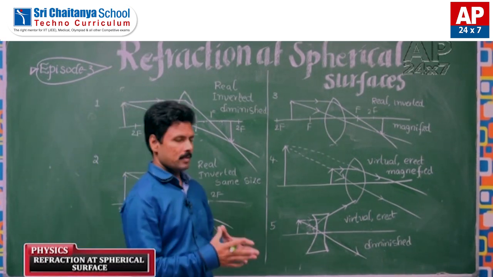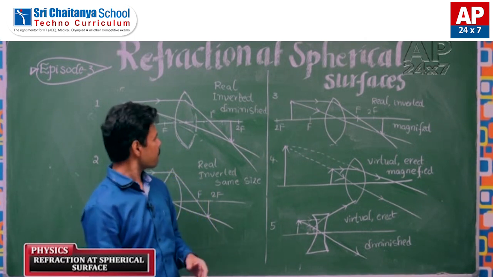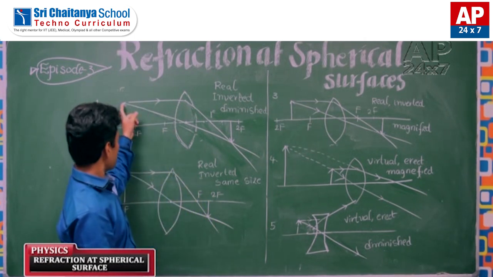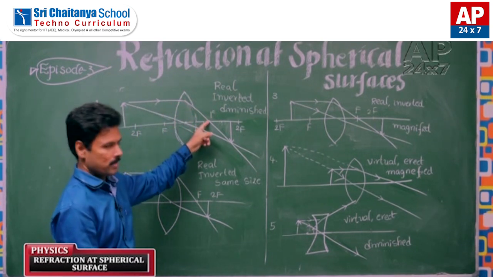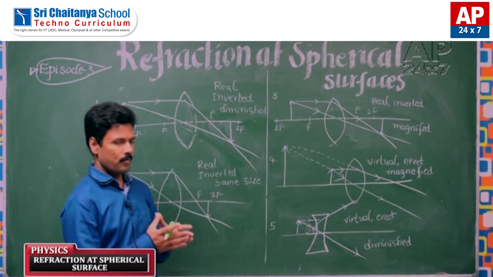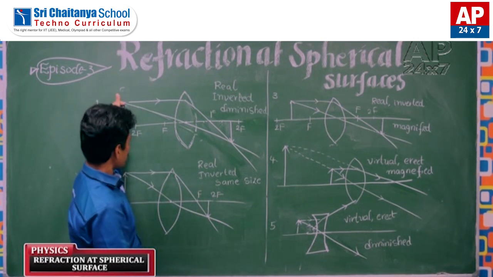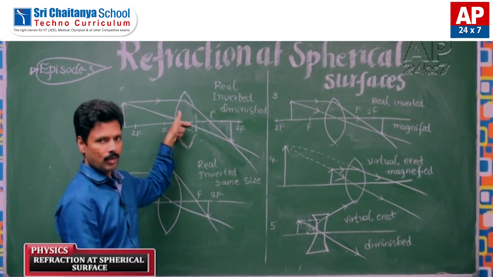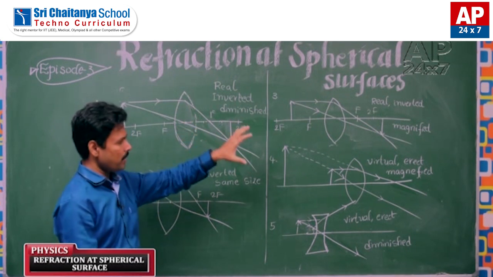And to locate these things, we require some basic rays. Already we discussed light rays which are parallel to the principal axis. They will focus at the focus, or you can say they will converge at the focus. This is one light ray we are taking. And the secondary one is the one which is passing through the optic center, that goes undeviated. So we are taking these two rays in all the ray diagrams.